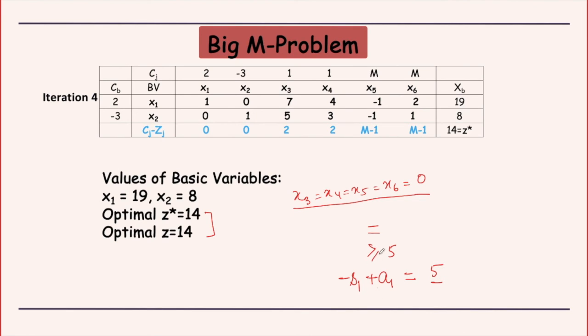So in these two circumstances we need to attach artificials if we are not getting identity in the original system. If we already have an identity column, then you need not attach artificials. So it is not mandatory to attach an artificial every time you get equal to or greater than or equal to. You only need to attach when you do not get the identity columns, or you do not get variables which can serve as basic variables. Otherwise you can avoid. These are not desirable in the system. So you can avoid using them.